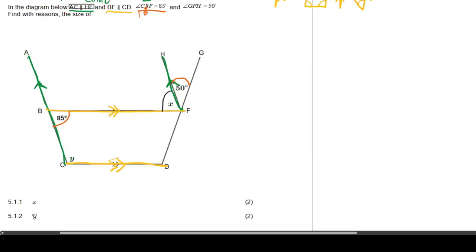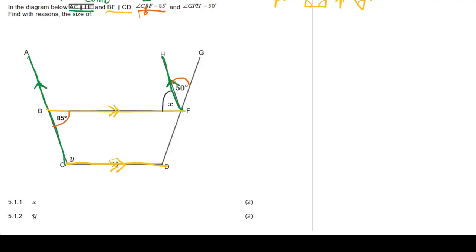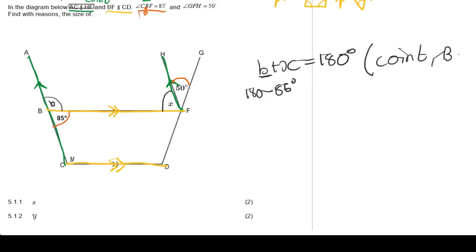So that could mean that this angle here, let's call it B, plus x is equal to 180 degrees. And we can get B by saying 180 minus 85 degrees. Oh wait, this will be co-interior because AC is parallel with HF. And B is equal to this because of the straight line. And then we could sub that in and do everything like that. But,